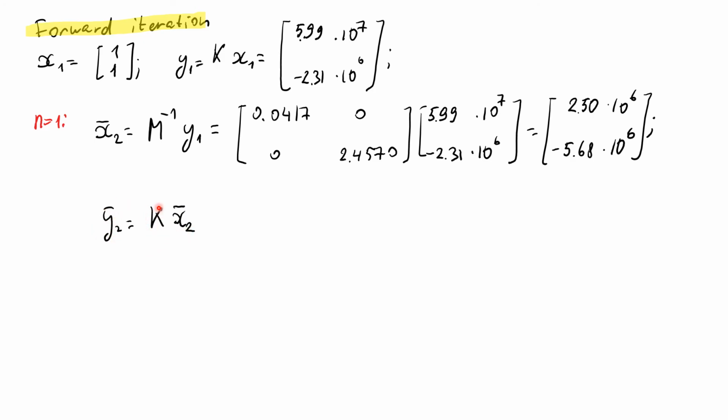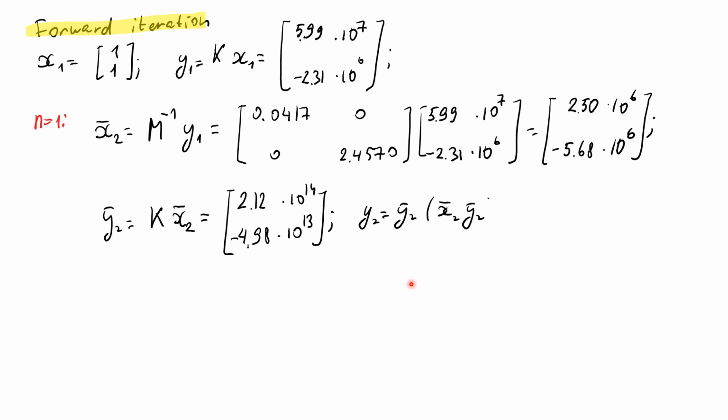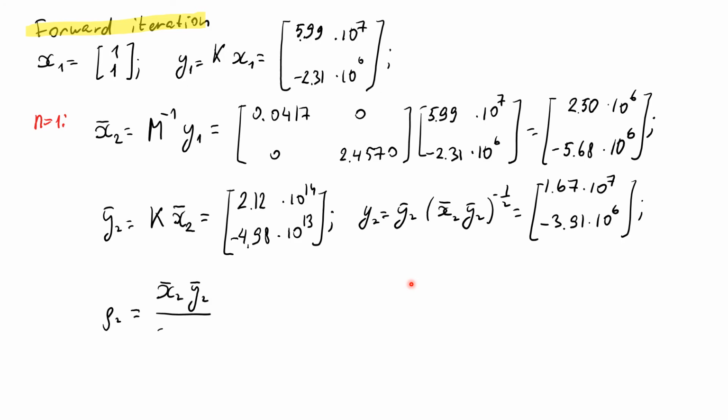Here again, instead of mass matrix M, we have K matrix, stiffness K matrix, and we obtain the y2 bar. Normalize it, and now given x2 bar, y2 bar, y1, we can obtain the value for row 2